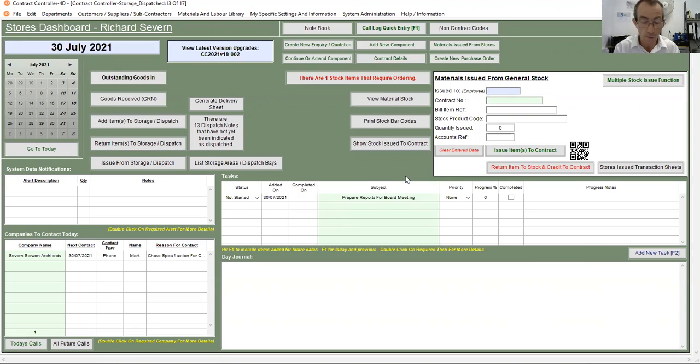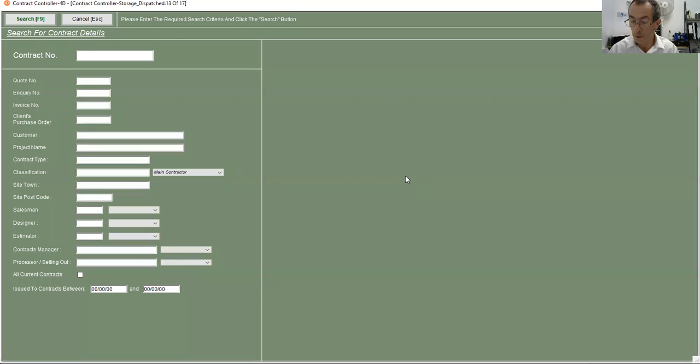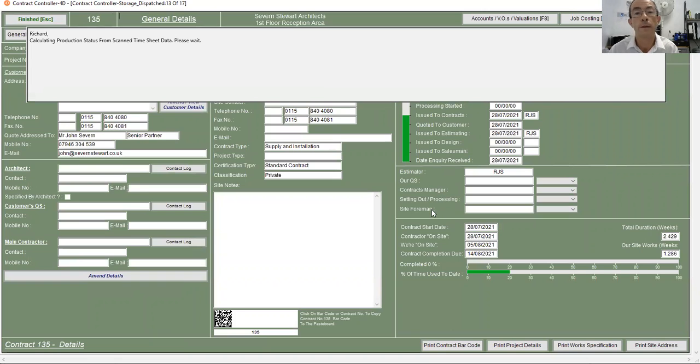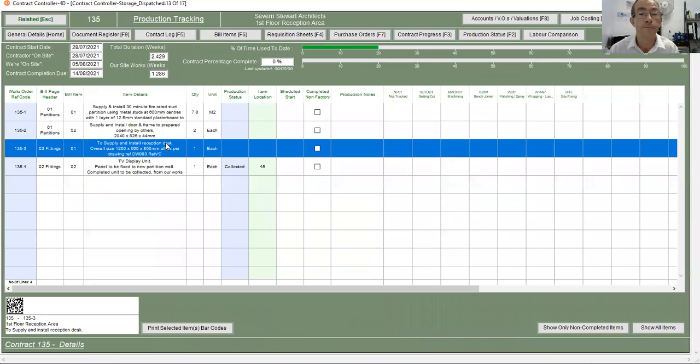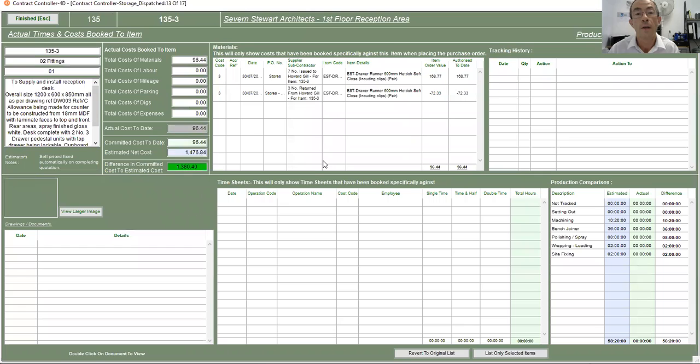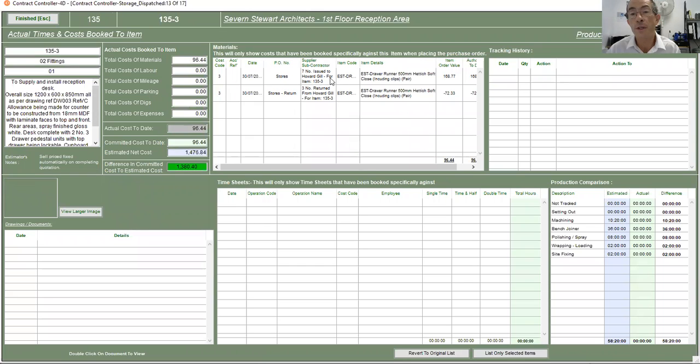Now if we go and have a look at what that's done to the contract, you'll see that it's taken 3 from there and it's removed that from the item. So we can see from stores it was issued, and then from stores 3 were returned. So it's obviously reduced my job costing as well. So I click finished,